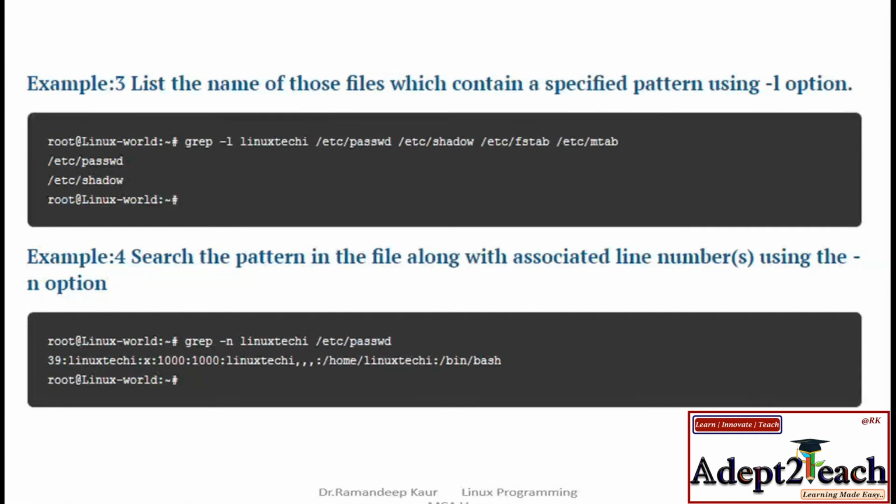So as of now, as per this statement, only two files are there which have this pattern: /etc/passwd and /etc/shadow. Third example: